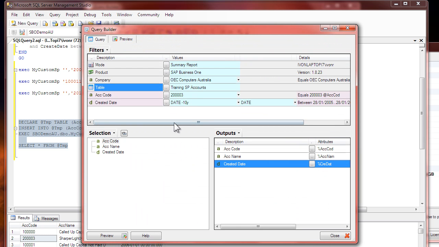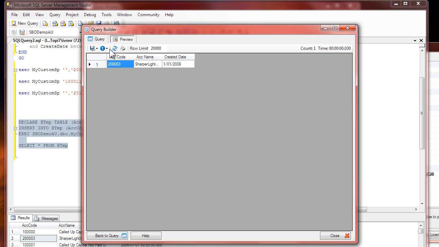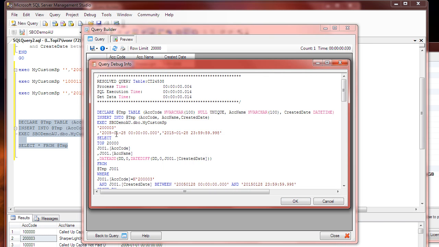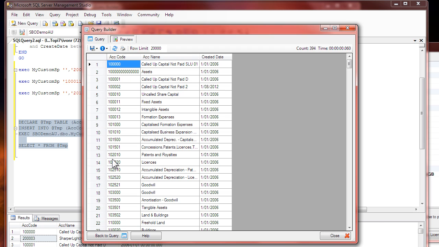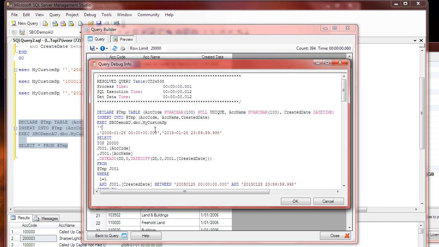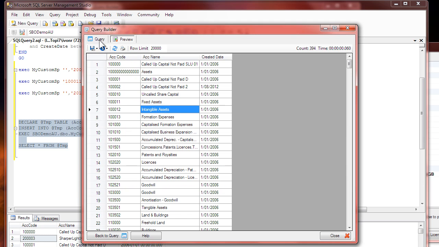and we'll test this. So at the moment I've got an account code value there, and if we preview that, yes, that's worked. And if we set that to all, like this, and we preview it, yes, it's given us all the accounts, and look at the SQL, and it's substituted in that blank. Now this detecting of whether it's all or not is actually quite necessary to do, because